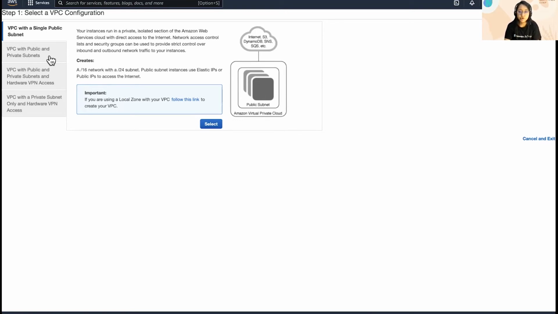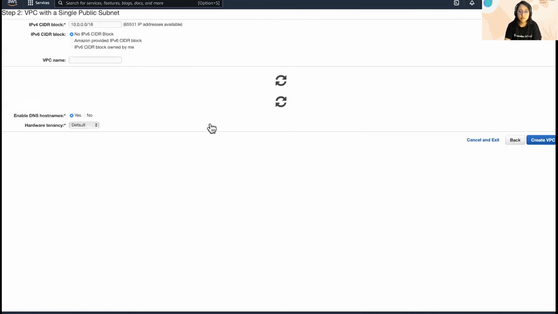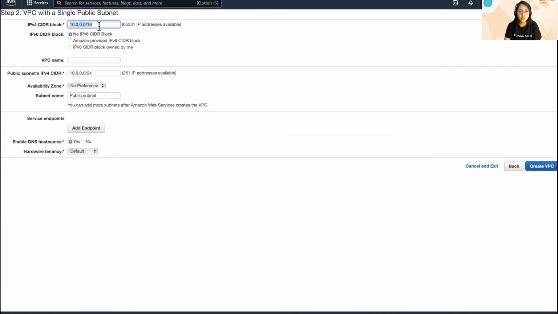So please make sure once you're done with the demo, or once you're done using them, you delete those resources. Otherwise, you would incur cost. So let's start with the first option. I would be creating this architecture, meaning we will be creating a VPC with /16 CIDR. Inside that, there will be a subnet with /24 CIDR. So let's go and select. Now, as you can see, this is the CIDR range that it will be using.